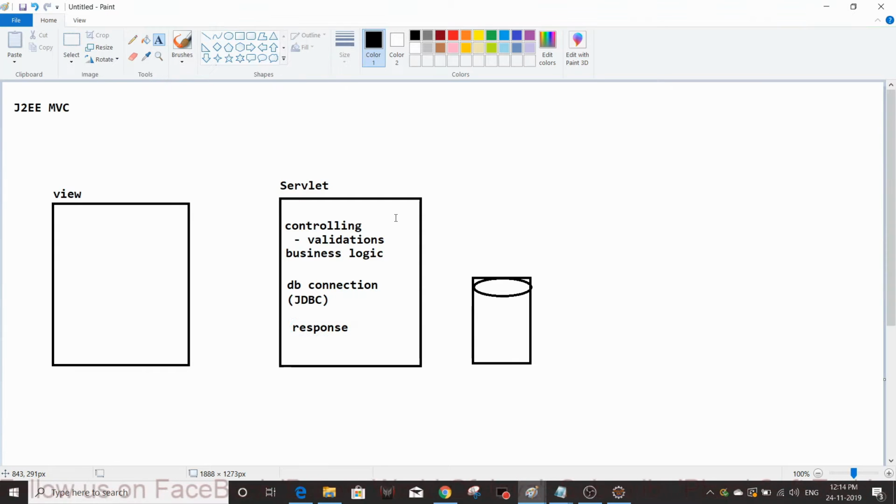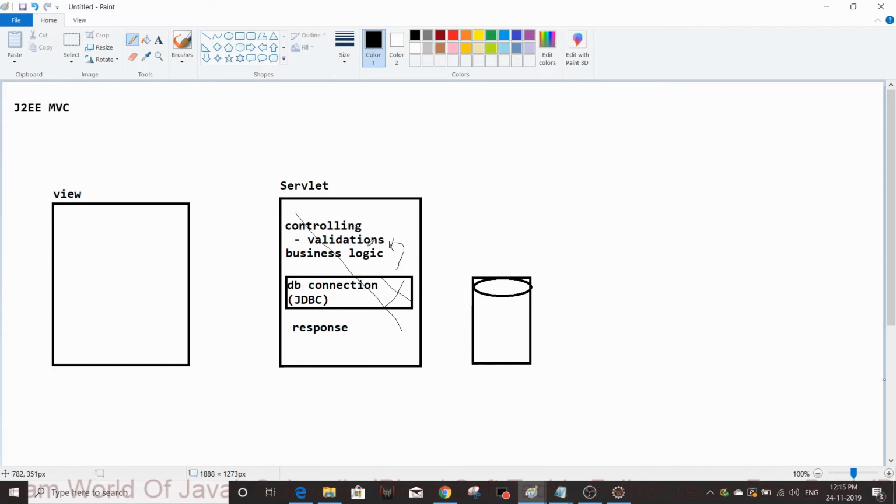If you maintain this, in future you may want to change the DB connection logic from JDBC to Hibernate or any ORM tool, and then you need to modify the entire servlet logic. This is called dependency, like coupling. Our code is depending on some other logic, so you need to change the other logic also. This is not the correct procedure actually. This servlet is strictly, tightly coupled with other classes and other logic.